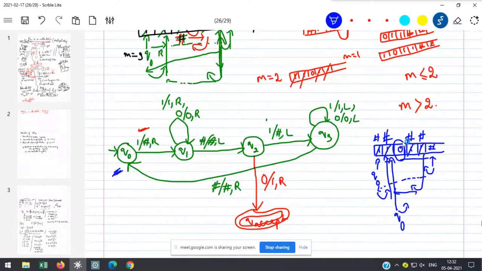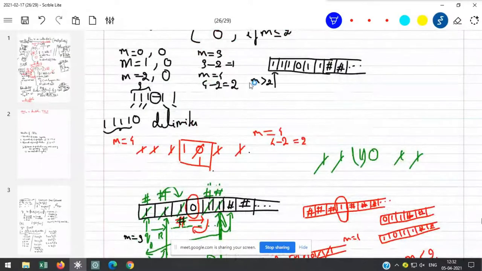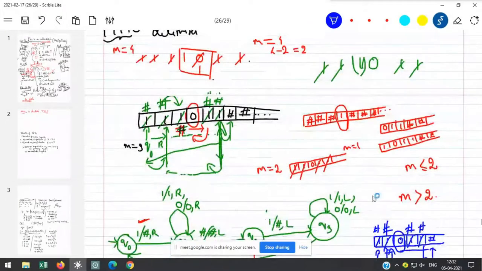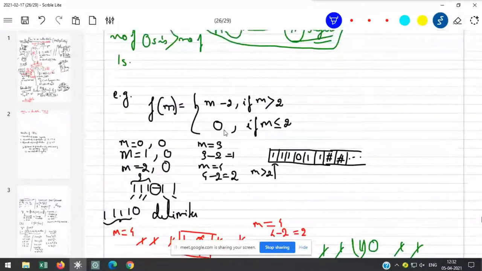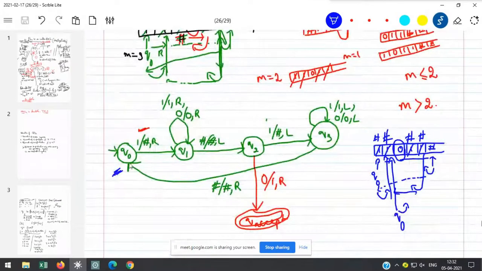And then what was our target? If m is less than or equal to 2, then the result will be 0 in our input tape. If m is less than or equal to 2, then the result will be 0. So now what I'm going to do is, if this is 0, I'm going to extend here. If instead of 1 you're finding 0,